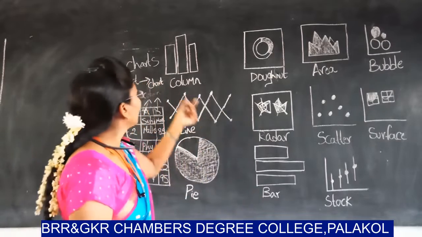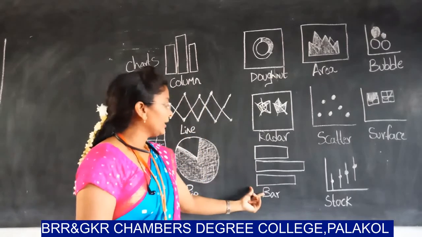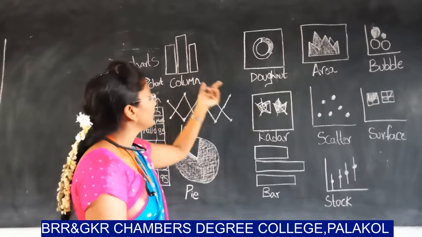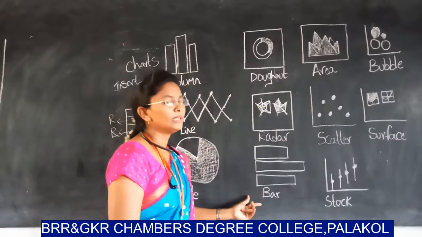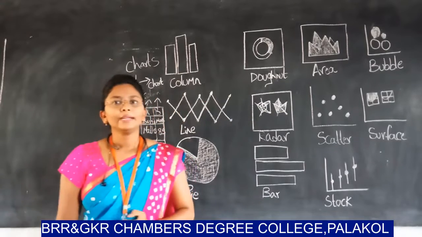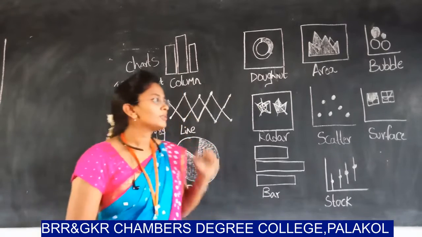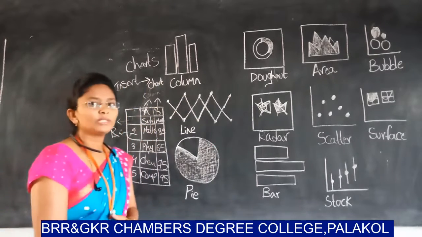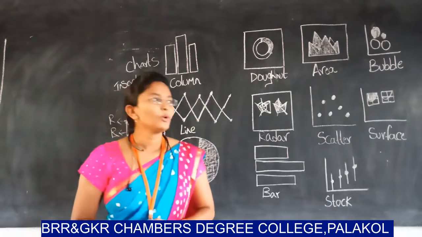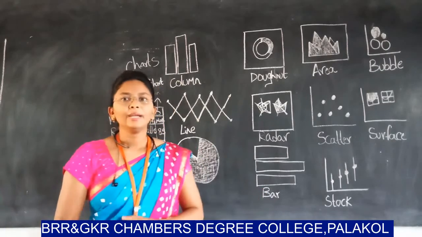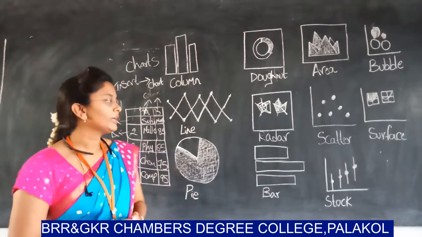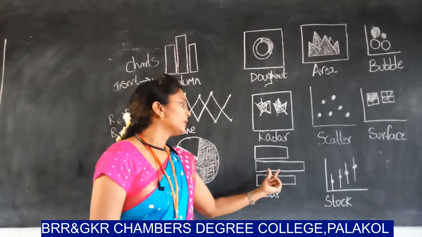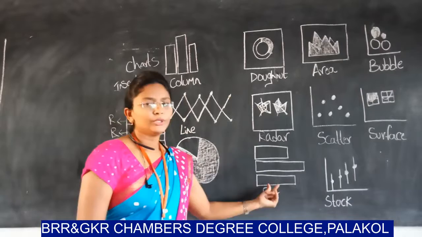You can see the column chart and bar chart here. If the column chart is reversed, or turned to the right direction, it will appear as a bar chart. And data can be arranged in columns and rows. As I already told you, the data I took is in columns and rows, and it can be plotted in a bar chart. And bar chart shows comparison among individual items. This is one individual item, and this is one individual item, and this is another individual item.